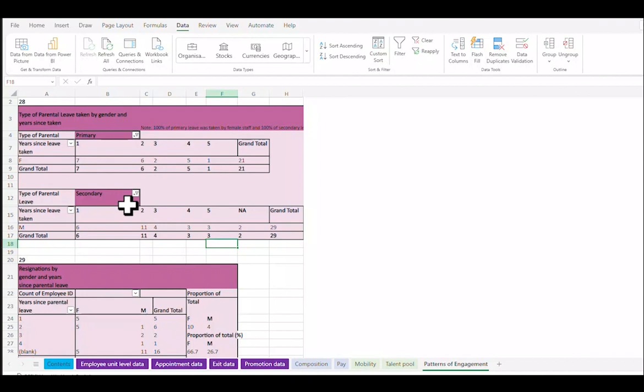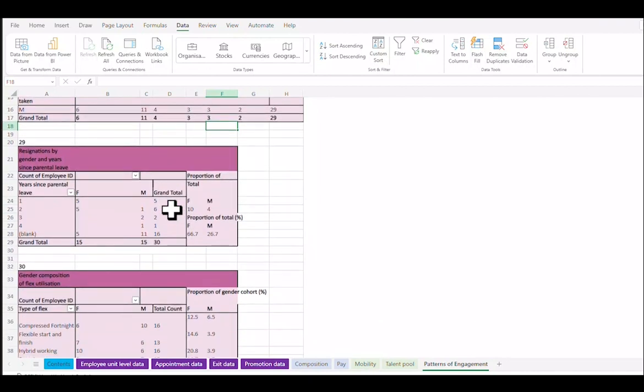So what we can see is that in example organisation, they're a bit behind the times here in that every employee that took primary carers leave was female. Every employee that took secondary carers leave was male. I mean, these are the broad patterns that we see throughout the Australian workforce, but we're hoping that this is going to change. When it comes to resignations by gender and year since parental leave, what we're looking for, we